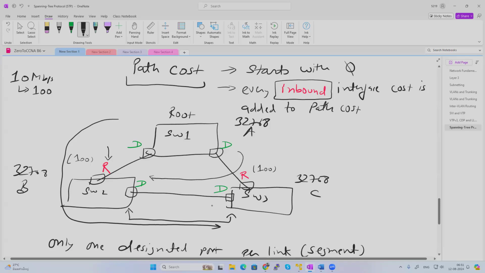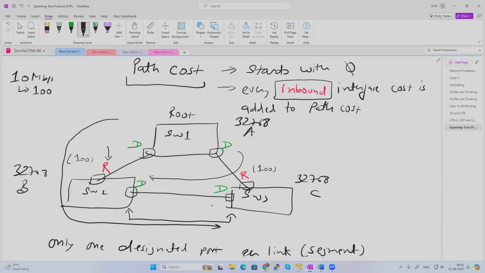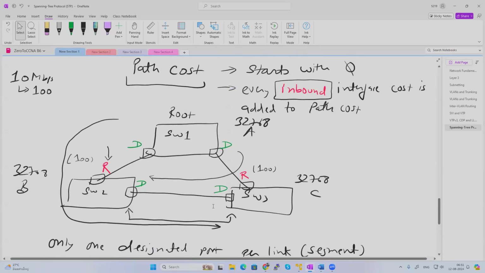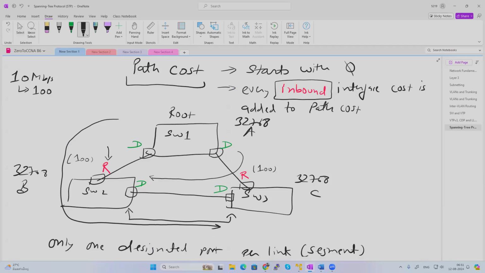So of course they will receive each other's BPDU, which is actually coming from the root bridge, right? But you are the sender. So switch 2 is the sender for switch 3 and switch 3 is the sender for switch 2. So when I say that we are going to compare the sender's bridge ID, what I mean is that we are going to compare switch 2 and switch 3 bridge ID, who has the lower bridge ID. And there you will get the winner, because you can see that switch 2